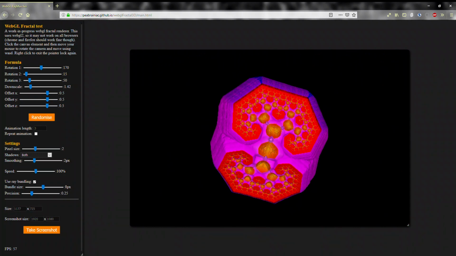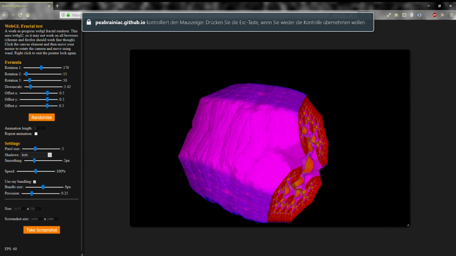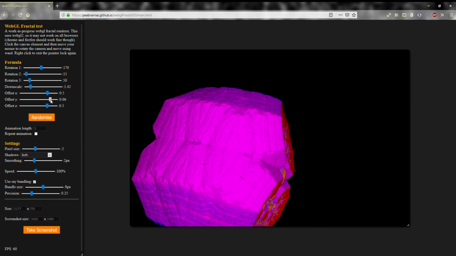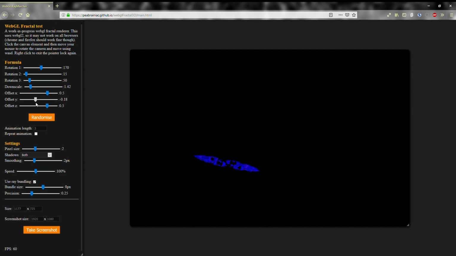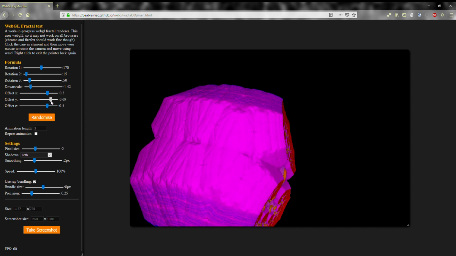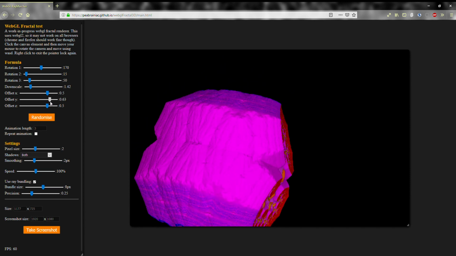I've also added some more parameters to the fractal formula, by the way. So now you can not only control the rotation and scale of each of the smaller copies of the fractal, but also the position. As you can see, if I change the slider, you can kind of see the top and bottom half of the fractal sliding into each other and disappearing, or moving right from each other and giving room to new parts of the fractal below it.